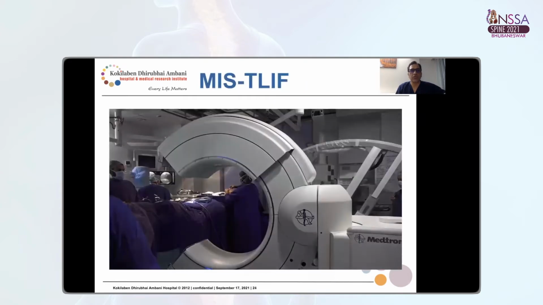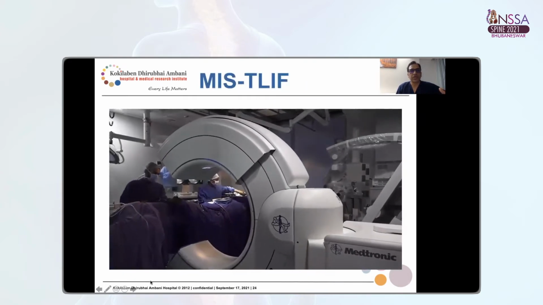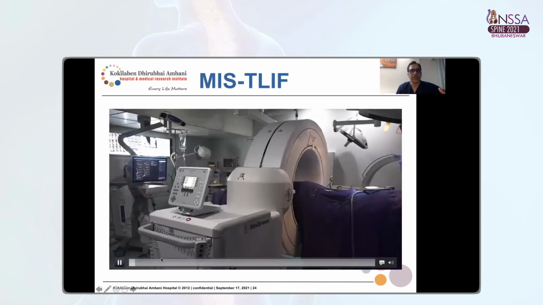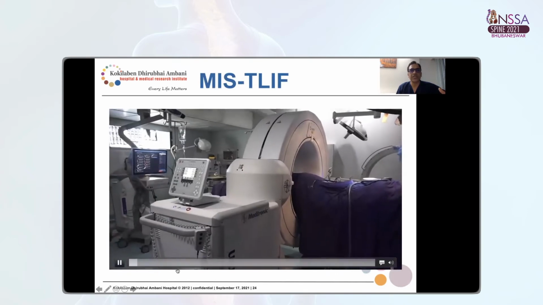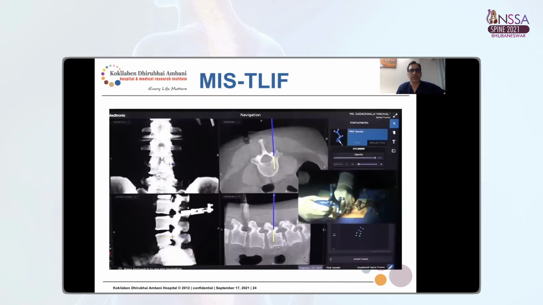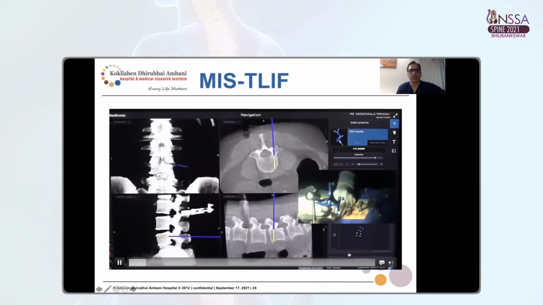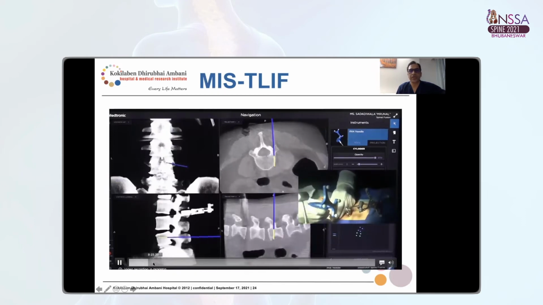Let me show you a video of a T-leaf procedure. So basically, this is a workflow. Once you drape, you get the O-arm inside, and see to it that all your spaces are seen well, and then acquire the image and start navigating. This is a pack needle you're putting into the pedicles.